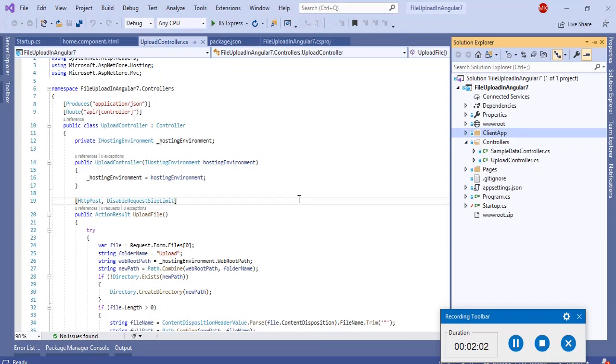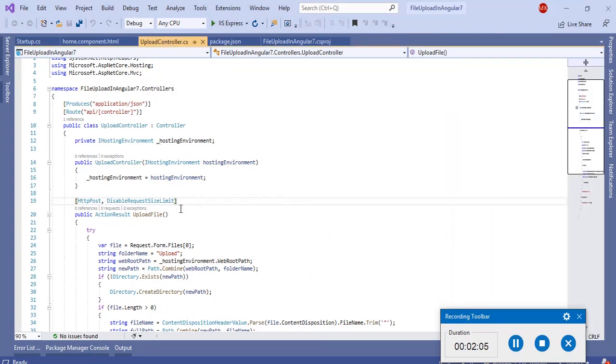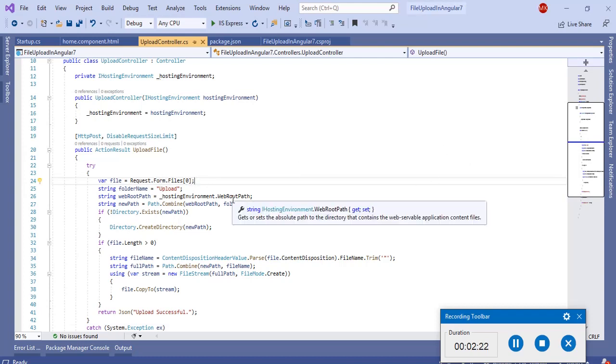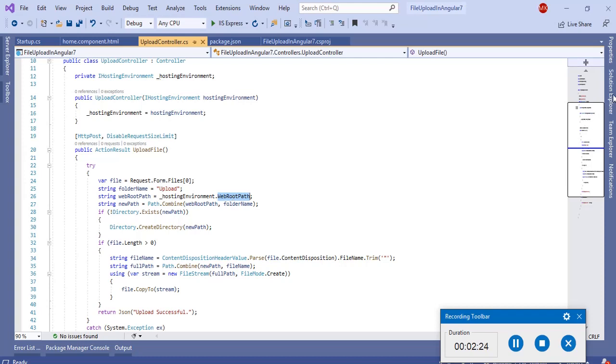So here you will see the APIs, and I'm disabling the request size limit here. You will see that here is the upload file, and I'm getting the file from the request form files, basically. I'm not using any model here, and here is the web root path.